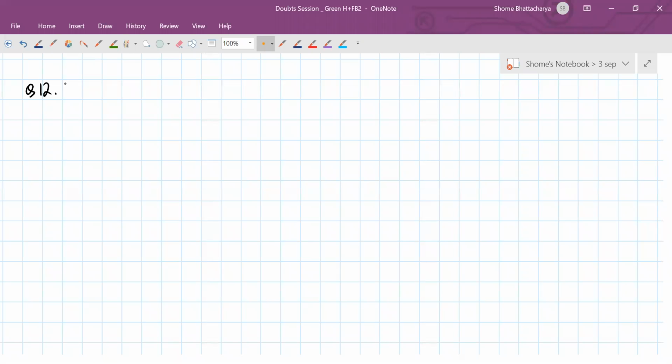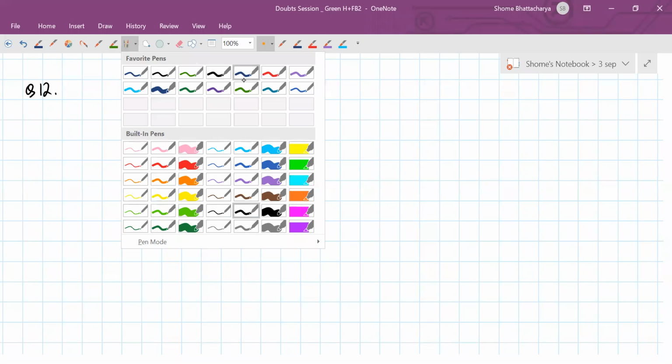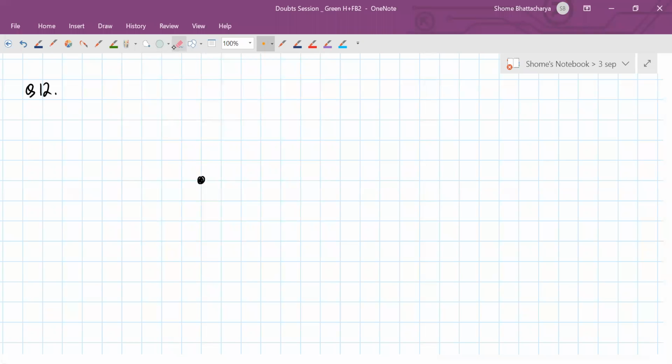Five forces of 10 newtons each act at one point such that they are lying in one common plane, so they are coplanar, and the angles between any two forces are equal. Imagine you have all the forces converging into this point, acting at this particle in such a way that the angle between any two forces is the same. That's the interesting thing about the question. We have to draw the five force vectors such that the angles between any two of them is the same and they are lying in the same plane.